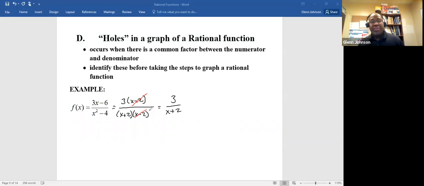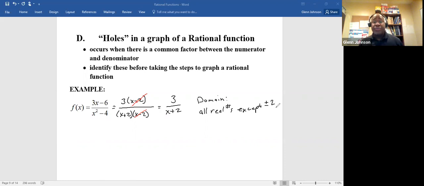Which will give us the equivalent expression of 3 over x plus 2. What we're saying here is that the function itself is mathematically equivalent to 3 over x plus 2. However, one thing that has to be considered is that since the original function had the denominator of x squared minus 4, this function will have a domain. The domain here will be all real numbers except